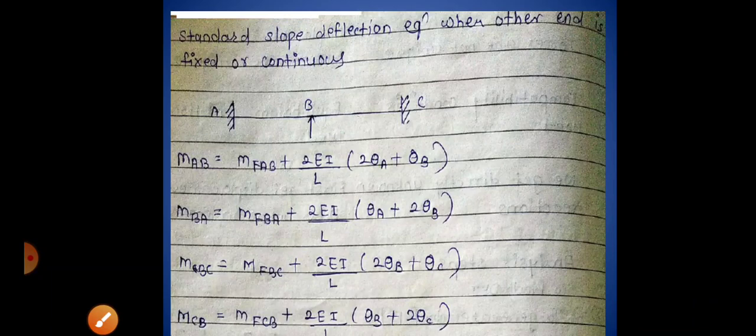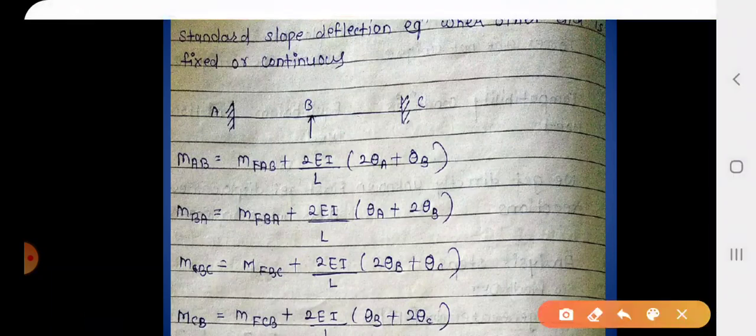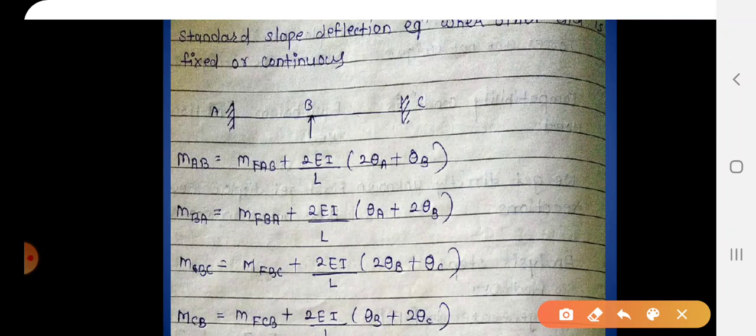So we will require the slope deflection equations. These are the derived equations and these are the standard equations. Depending on these, we will find the final moments by using the unknown displacements. Once we have the unknown displacements, we will be able to find the final moments by these slope deflection equations. This final moment will depend on the type of support conditions. So here is the first case, A, B, C. A is a fixed support, B an intermediate support, and C a fixed support.